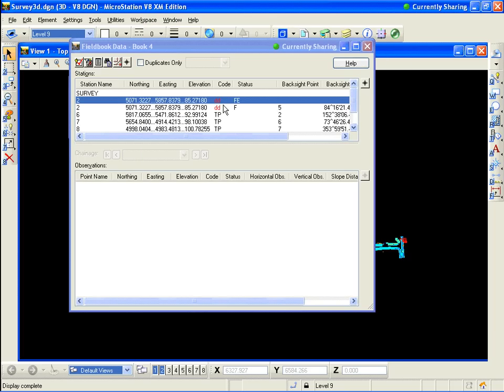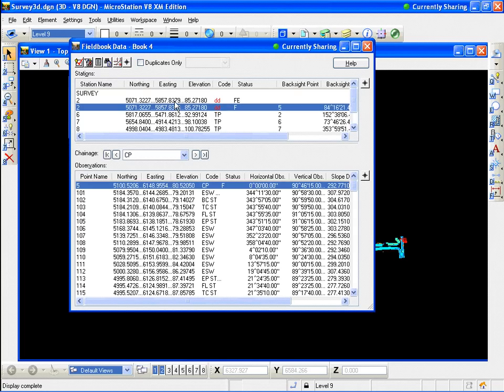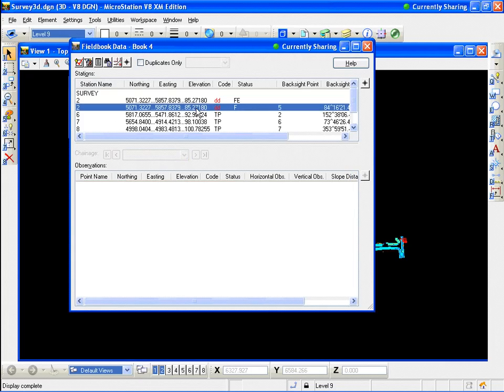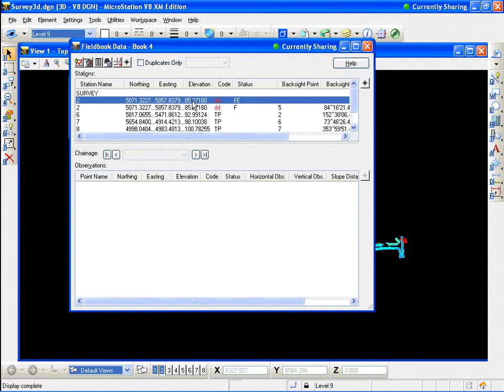So anywhere where there was a DD in the file, you'll see that it's red. That means it's not part of the XIN file that we're using to look at this information. Now, I can add it, but anyway,